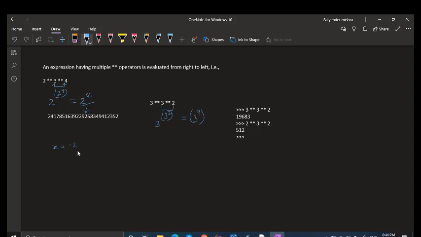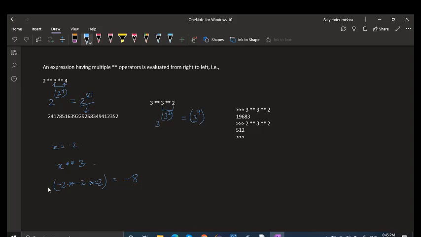If we write x to the power of 3, it will evaluate -2 times -2 times -2.